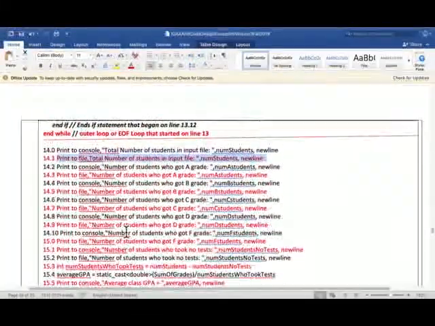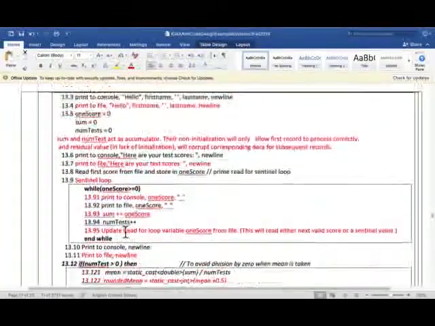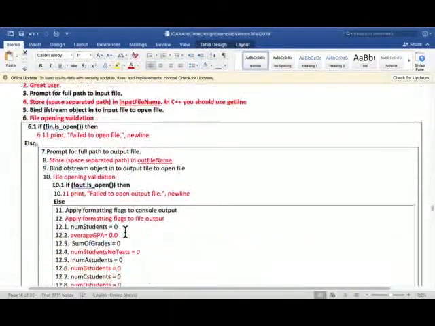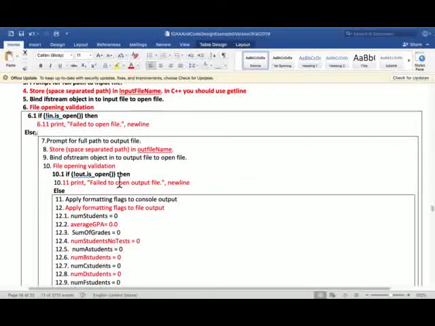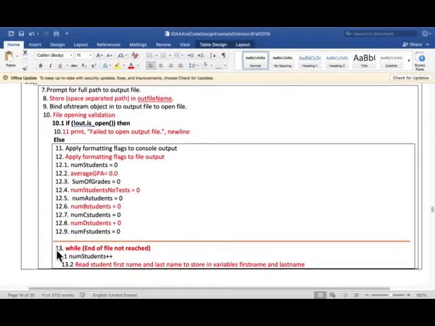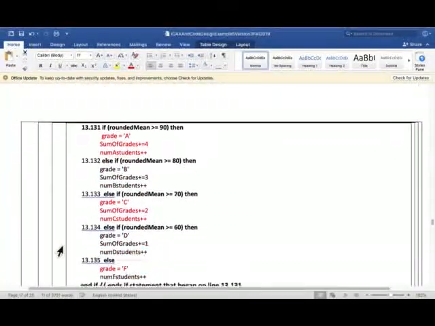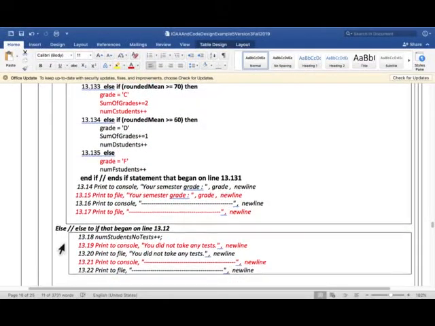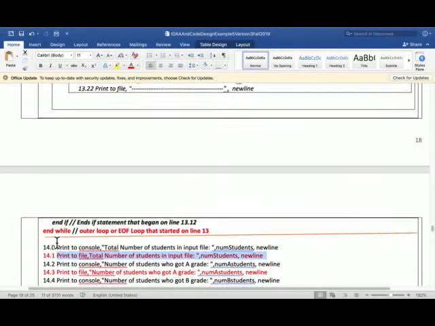Now this has the same structure that I had in the Boolean table. So I start with this box here, if not open or else, that means file got open, and then I open the output file, this else block. So this else block has this line keeps going, and you can see that this line keeps going until I have written to the output file and done all the computations